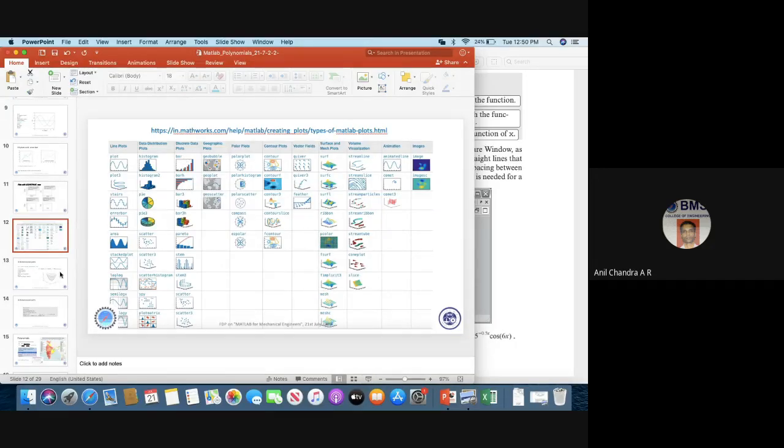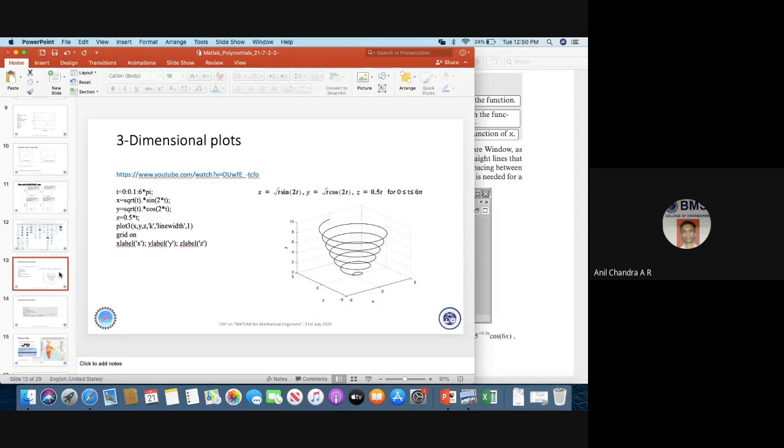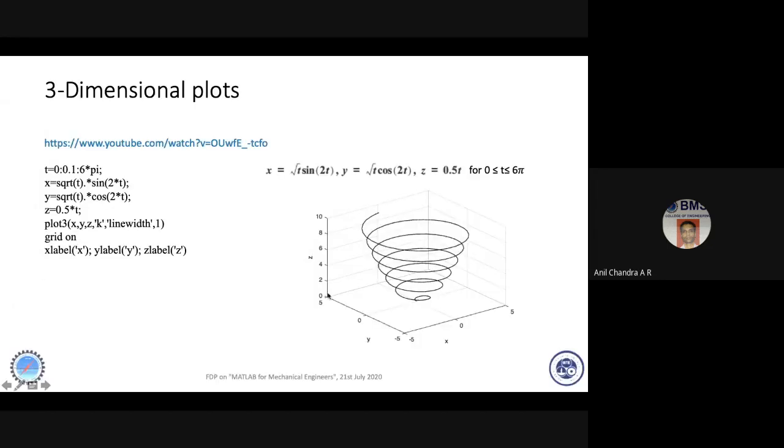All right. To give you a simple indication of how 3D plotting can be done, again, there are very nice lecture videos on the versatility of 3D plotting in MATLAB. You can access that. One such link is shown.